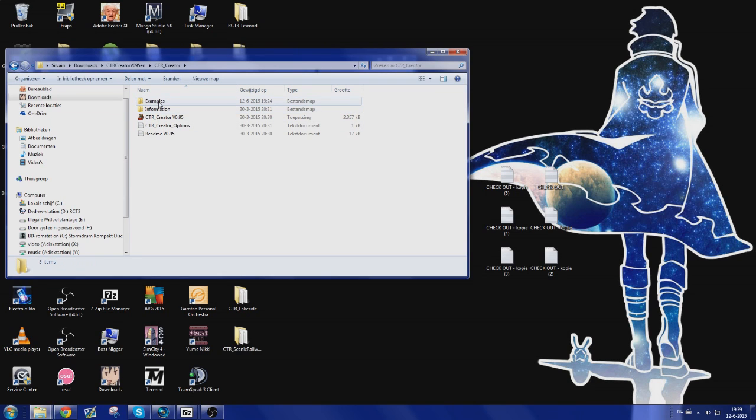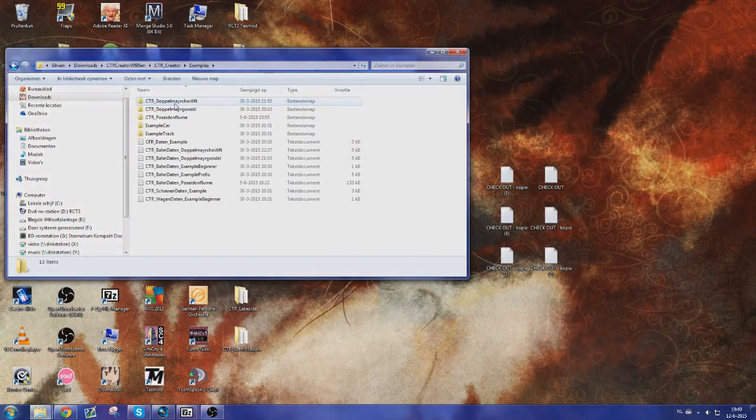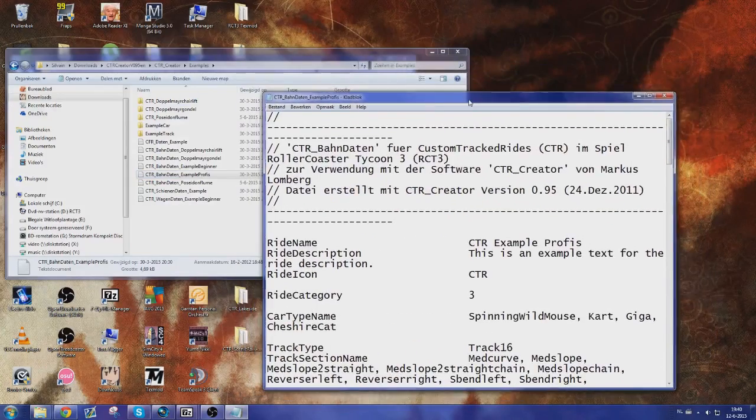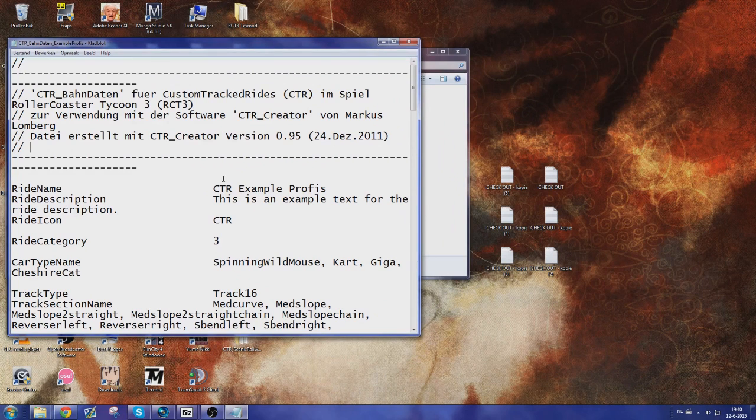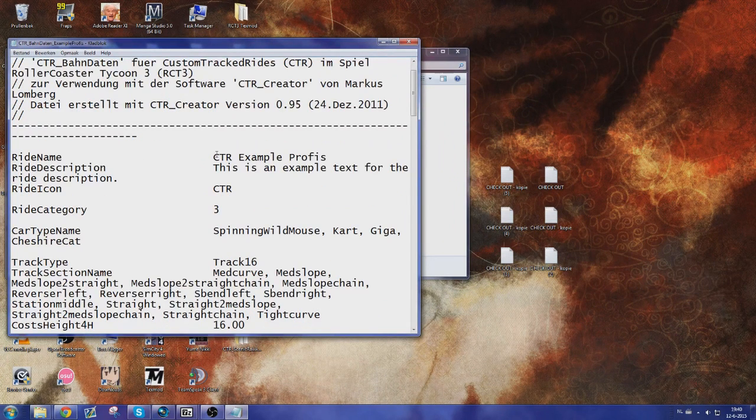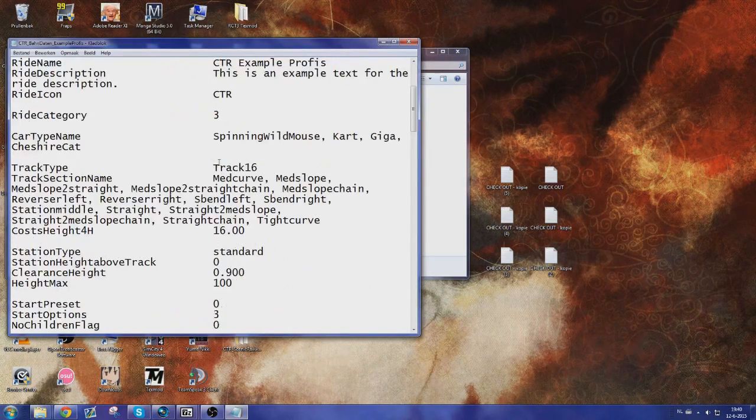So one of the first things you want to do is go into the example folder in the CTR Creator. Don't worry if you haven't seen this before, you can just ignore the program for now. Just go into examples. This is what you need to do if you want this to work, because you want to open the example Profis file, which gives you a Bahndaten file. This is a text file which you put into the program, which reads it and turns it into a CTR. And you're going to want the Profis version, because this version comes with this section, track section